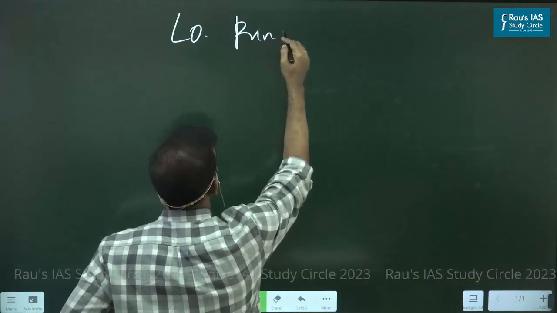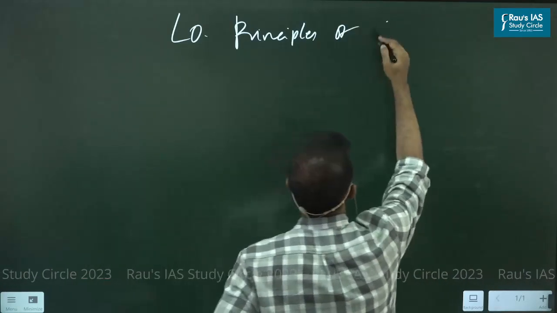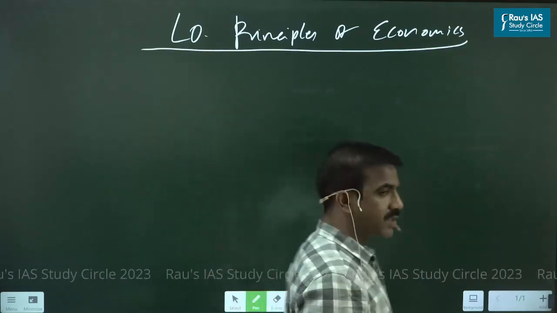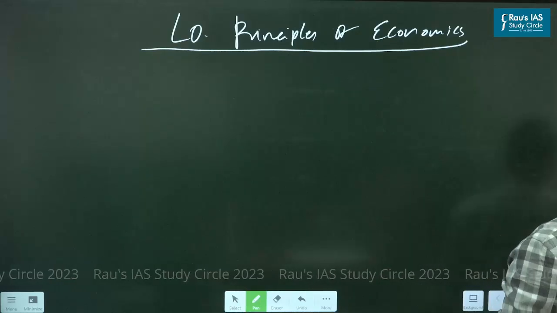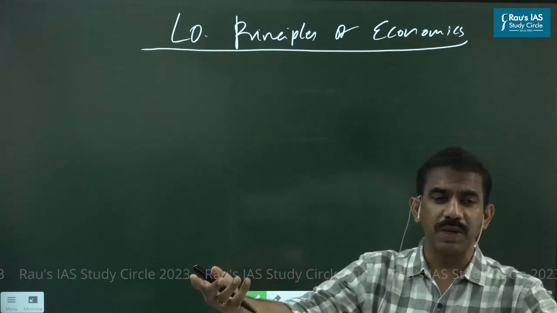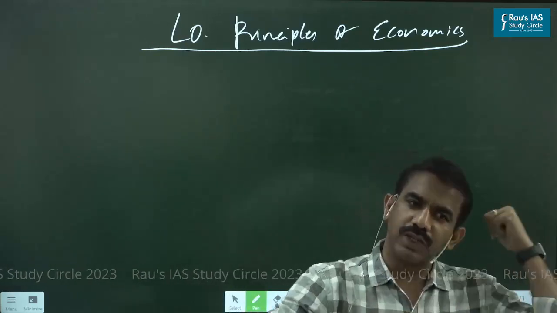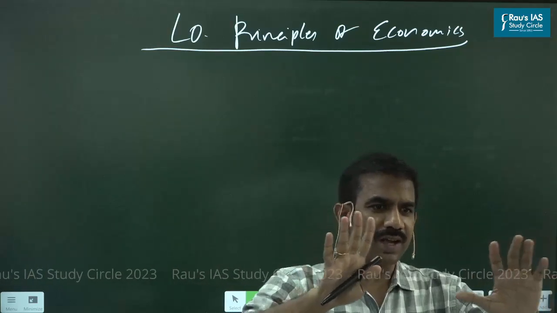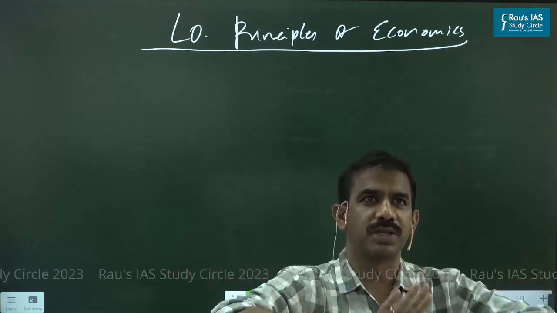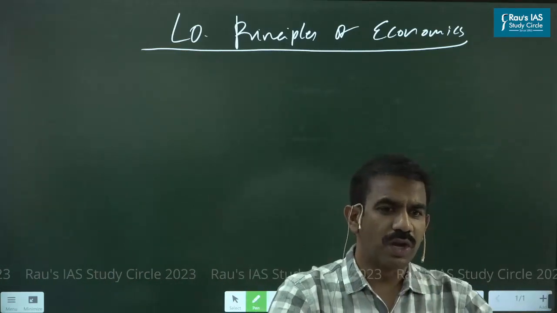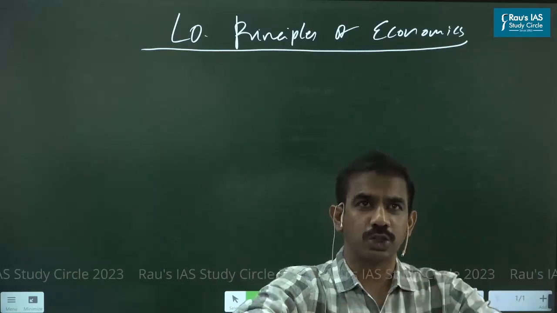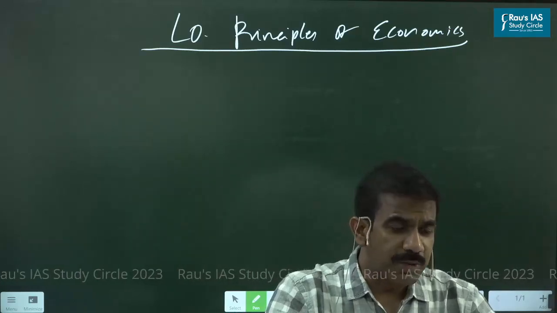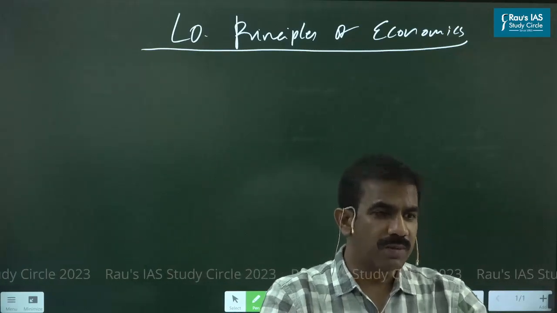That's what I would call my first topic, or lesson 0, principles of economics. I'll just give you 10 brief principles of economics, and every time I explain a principle, I'll also let you understand how they are applied. Later, whenever I discuss any topic, I'll try to correlate my discussion with these principles. So I'll give you 10 commandments, and the entire economics syllabus would not move out of these 10 commandments. Every topic could be understood using these 10 principles. Got it?